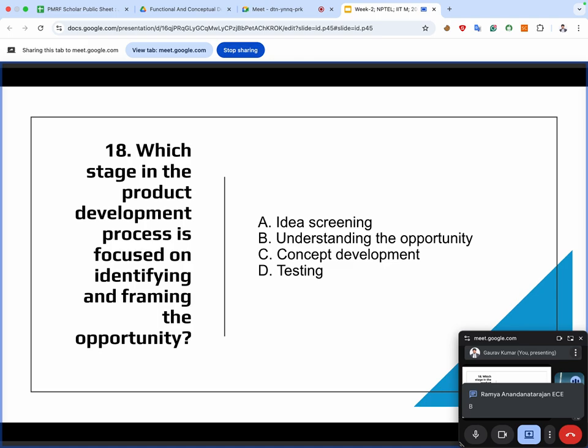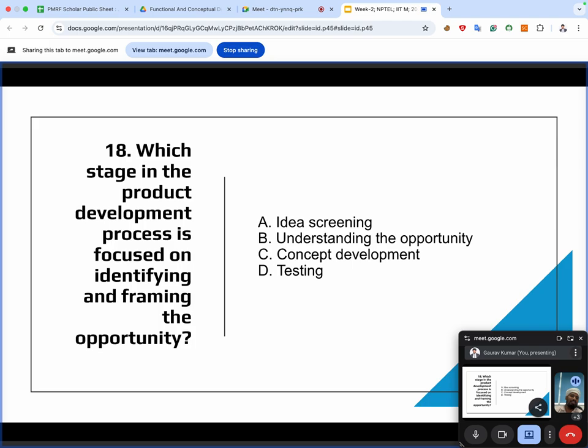Okay. So the correct answer for this question is option B. Before designing, prototyping is the incorrect answer. Naresh and Om, you are incorrect. Ma'am is right. So before designing the prototype or marketing,